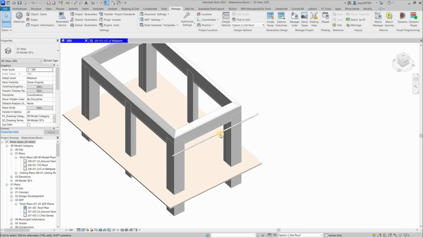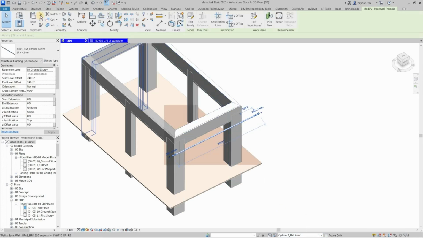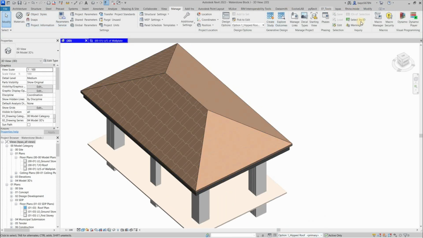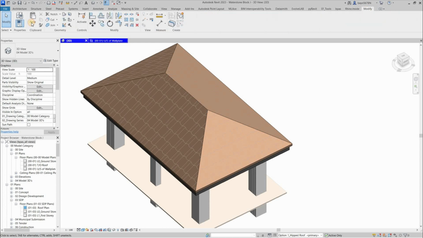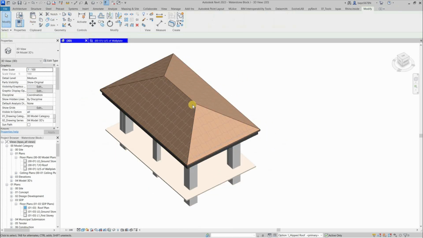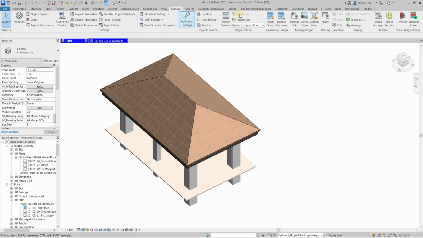So what I'm going to do for that is to take it, and I can then cut, and I can go back into option 1 and modify, and then say paste, align to same place. So that's also an option. If you want to place elements in an option, you can actually just cut them and paste them into the option,